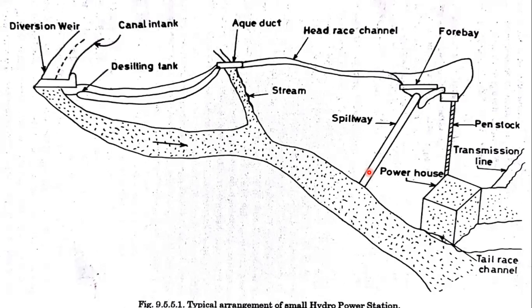Next, coming to the water conductor system, this system will be designed to ensure least losses of head and losses of water due to seepage. The flow velocity should be adequate to prevent reduction of discharge capacity due to silting also. This canal will be lined with tiles. For small power stations, it is economical to have lining with low density polyethylene, LDPE film, and a single tile cover, especially when it traverses porous strata.